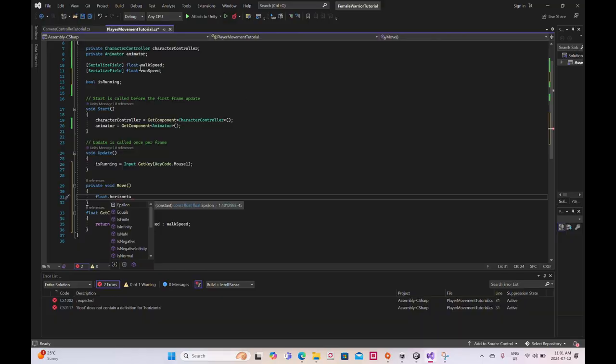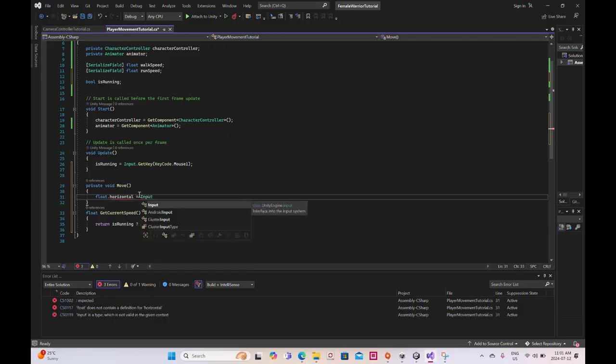Instead of putting it up here where all the variables are, I can create another one called horizontal. So if you remember from the input manager, the horizontal is the left and right movement. So I'm getting the axis if there's any input from the A or D keys,